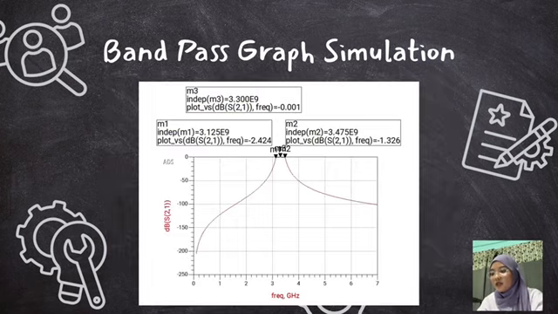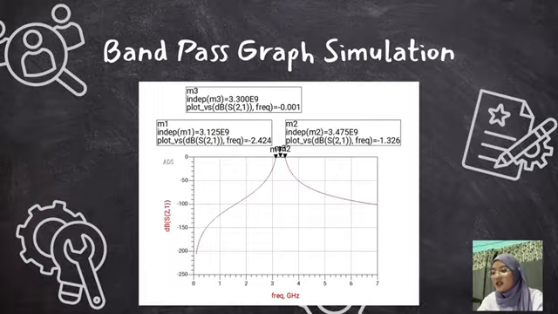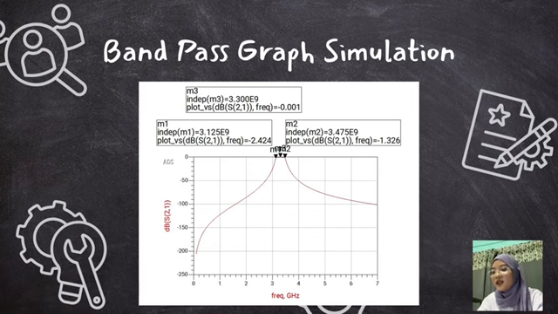Bandpass graph simulation. The graph shows the S-parameter simulation result of the bandpass filter, especially the S21 response. From the graph, we can observe that the filter allows signals to pass through around the center frequency, where the gain is highest. Outside this frequency range, the signal is highly attenuated, showing strong rejection in both the low and high frequency regions. The marked points on the graph indicate key frequency values used to analyze the performance of the filter, including the center frequency and bandwidth. Overall, the result confirms that the bandpass filter is functioning correctly according to the design specification.